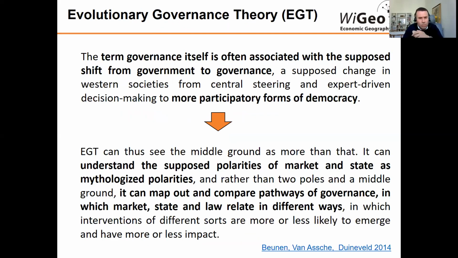And again, a very exhaustive definition in this context. In the same way that evolutionary economic geography tries to look at this path dependency, the role of history, the roots that these firms or enterprises are attached to, governance theory also tries to look at how market, state, and laws relate in different contexts. Okay, the idea of bringing in this governance theory is not to be exhaustive and not to be too massive in